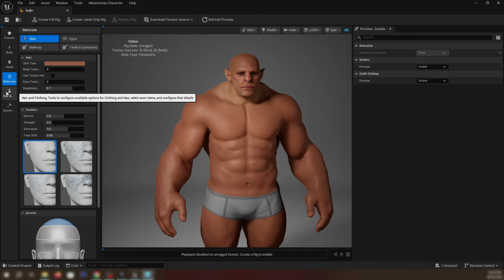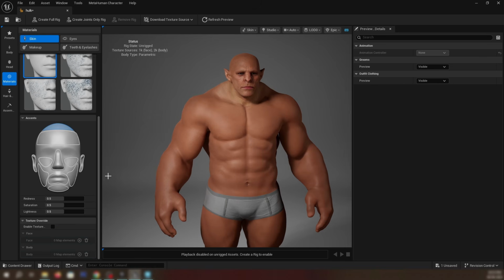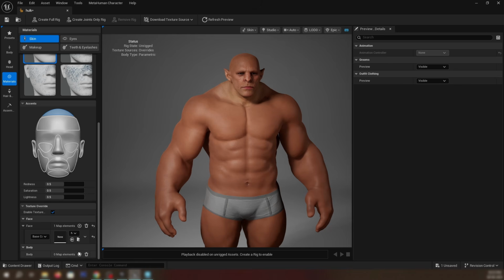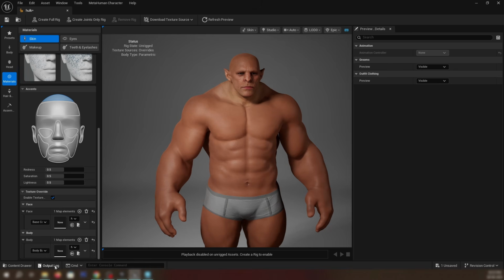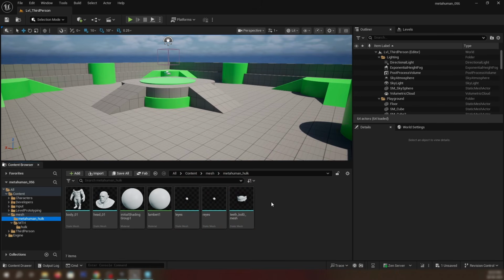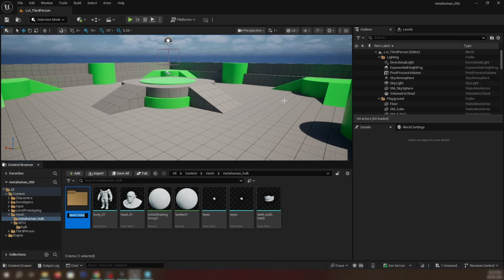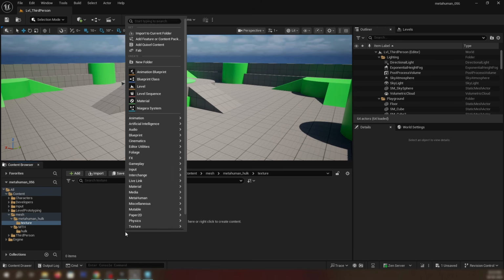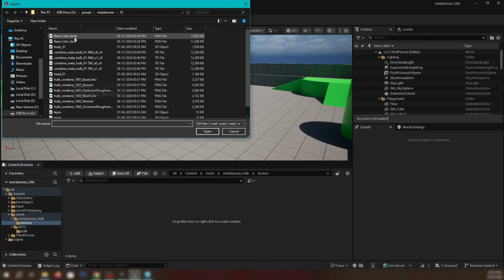I will try to replace the texture I created in Substance for this character. I create a folder for the texture files to import, just the texture files. Now I'm not replacing the normal map.